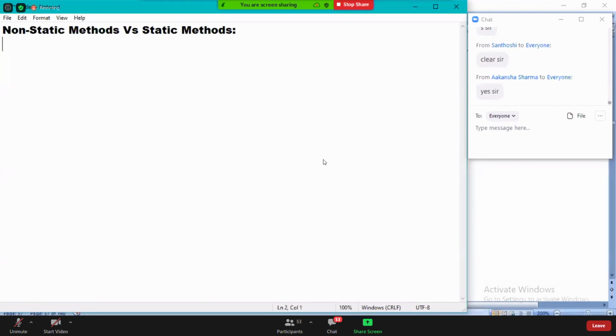If a method is explicitly declared by using a static keyword, then it is a static method. Did you understand? By default, every method is non-static only. If you declare a method explicitly by using a static keyword, that's a static method. Otherwise, every method is by default non-static. I hope you are clear.